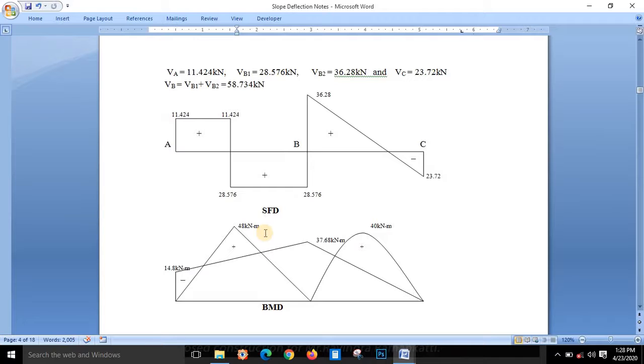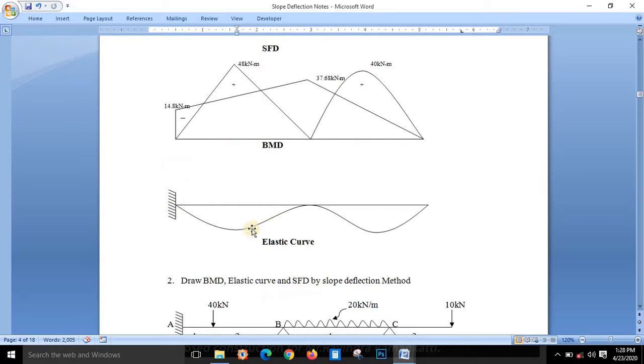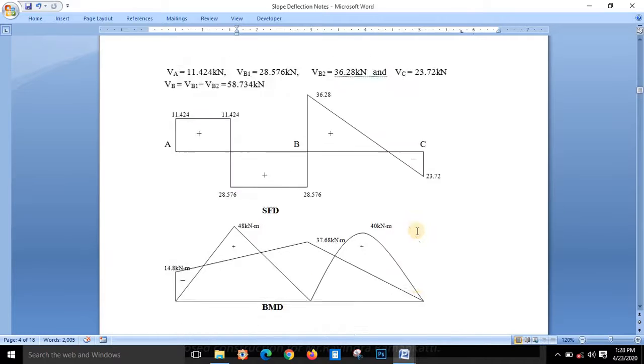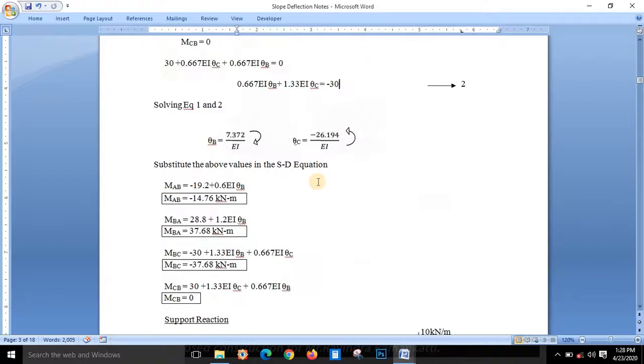Remember the free moment diagram. What is that? The free moment diagram is the diagram which we draw after considering each individual span as simply supported, and after calculating the bending moment of that simply supported beam, we draw the bending moment diagram like this. So you know about the elastic curve. The elastic curve is a curve which reflects the elastic behavior of the structure when it is loaded. This is what I was discussing previously.